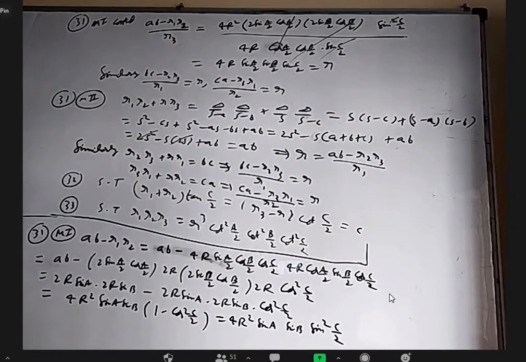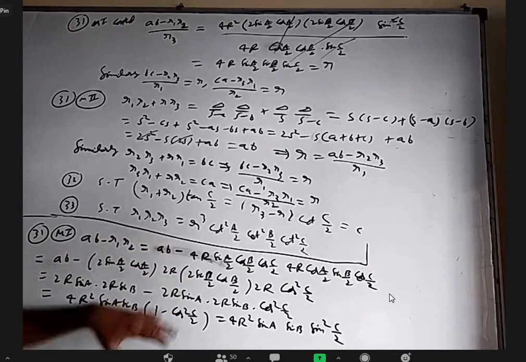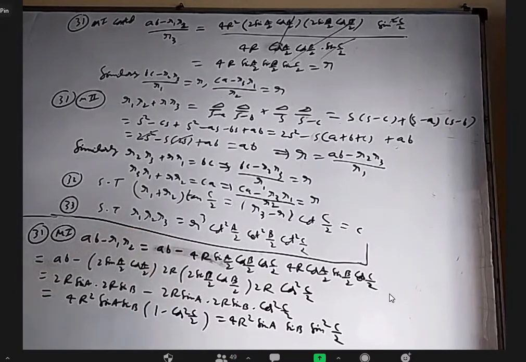Okay, I think for 32, you can use delta by S minus A, that way also it will come. Use tan formulas, that way also it will come. Both methods it will come. Both are easy ones. Even 33 also like that. You can use delta by S minus A and all that way, or you write tan formulas and all, also will get. You can even try to do both methods for this and both methods for this, so that you will know which is lengthy or which is better for you in the exam.